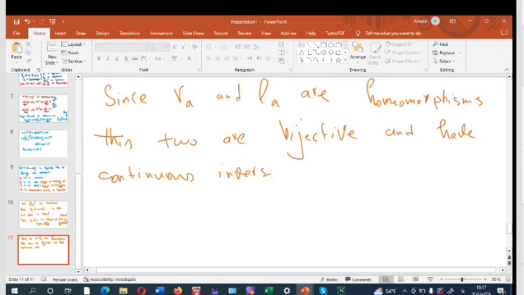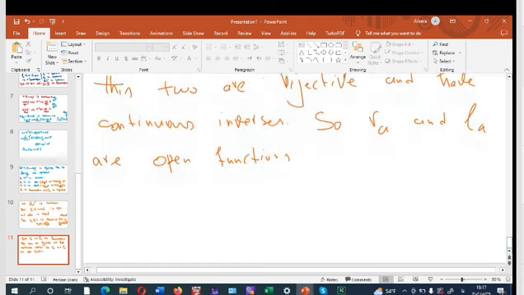Okay, so these two functions are open functions. Open functions. Therefore,